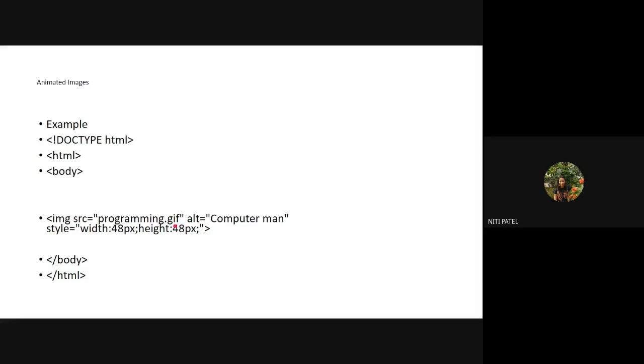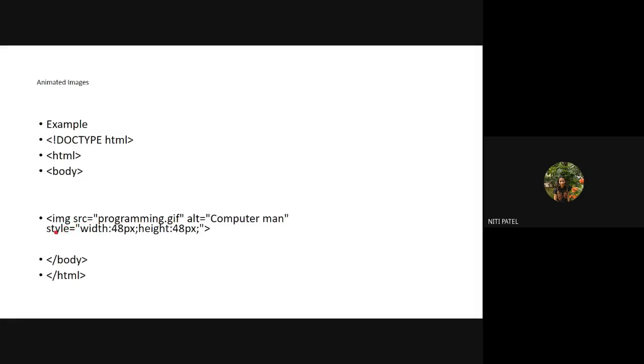It is nothing but the name of my animated image. What is this alternate? If this GIF is not displayed, it should display the text "computer man". And what should be the size in which it has to be displayed? If it is a GIF, it always has to be used with a style tag.